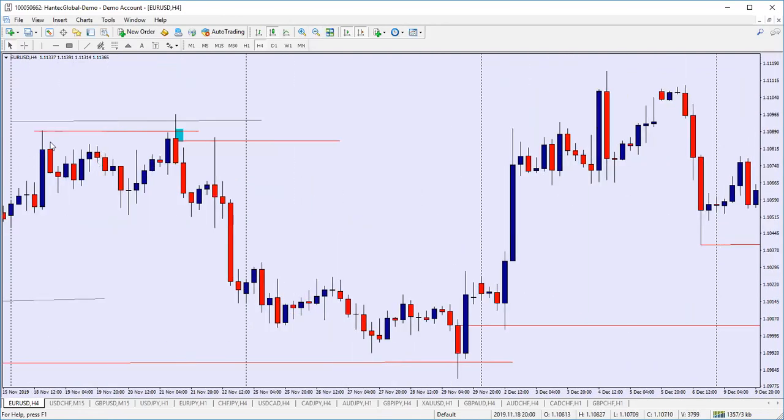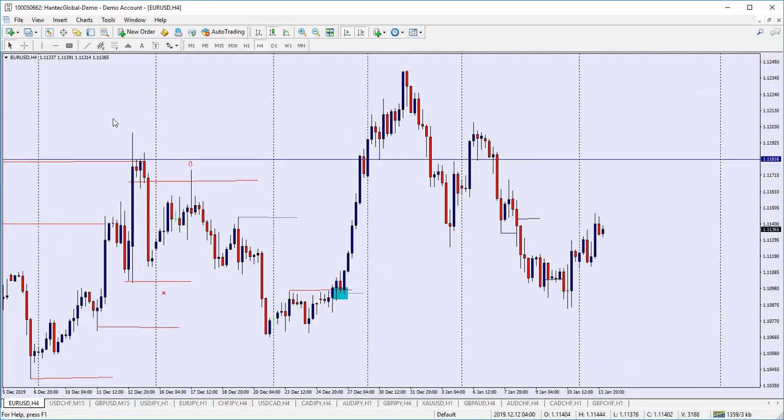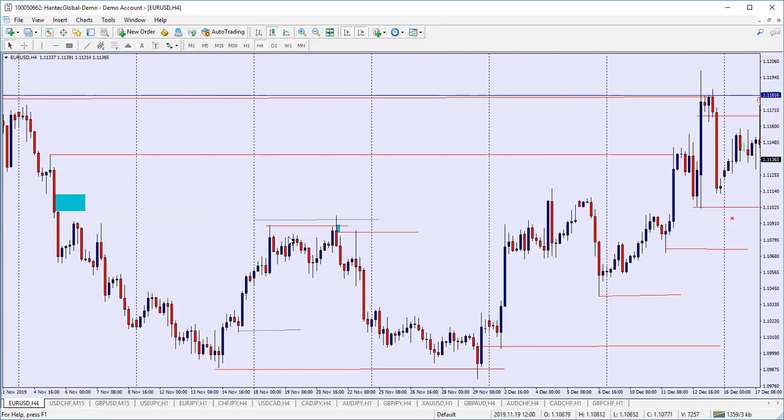This particular chart right here, you can actually see the moves. The market established a high right here. So a lot of traders would have been looking to sell at this level, okay? At this level, because the market had respected it before, and so you'd be looking to sell somewhere here. You'd be looking to take a short position around this area, and a lot of